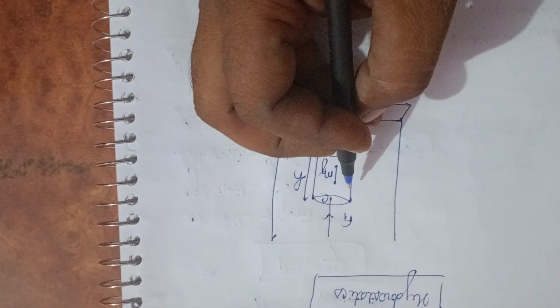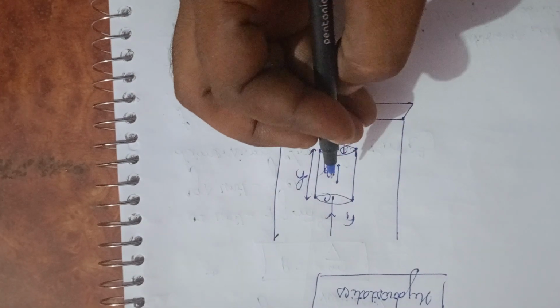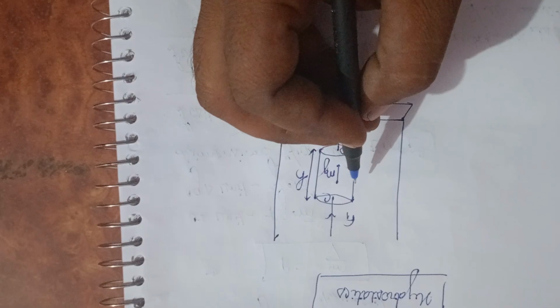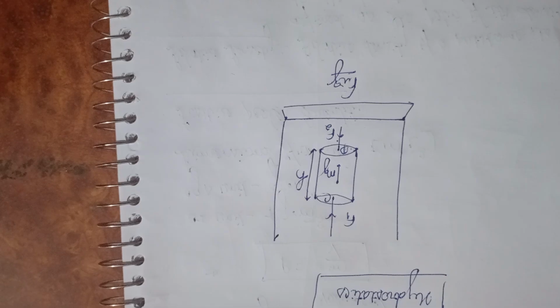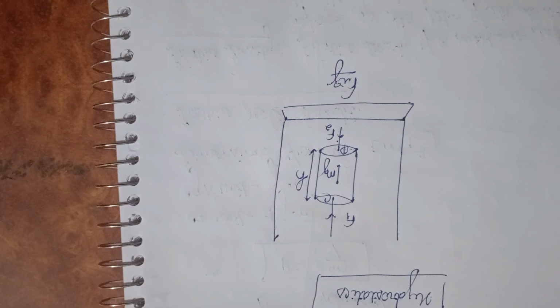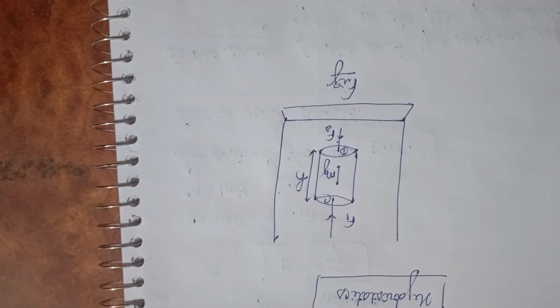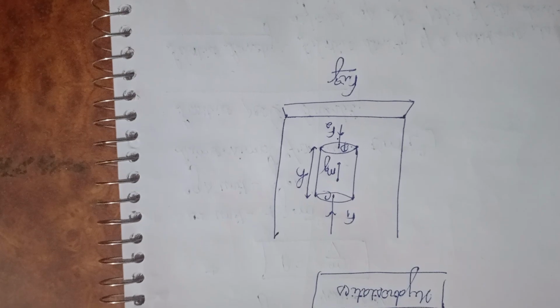As the liquid is in the equilibrium of rest, hence imaginary cylinder of liquid is also in equilibrium state of rest. Therefore, the net force on it must be 0. F1 plus mg minus F2 is equal to 0, or P1A plus AH rho g minus P2 into A is equal to 0, or P2 minus P1 is equal to H rho g. If points C and D lie at the same level in liquid, then H is equal to 0. Therefore, P2 minus P1 is equal to 0, or P1 is equal to P2.